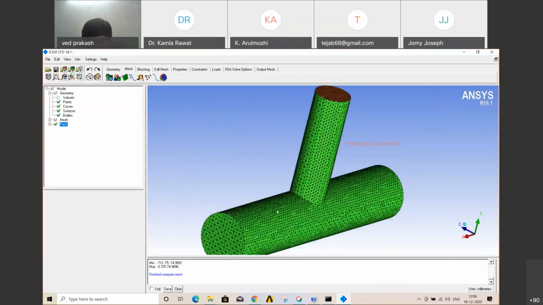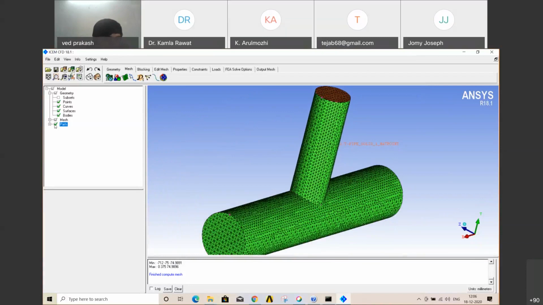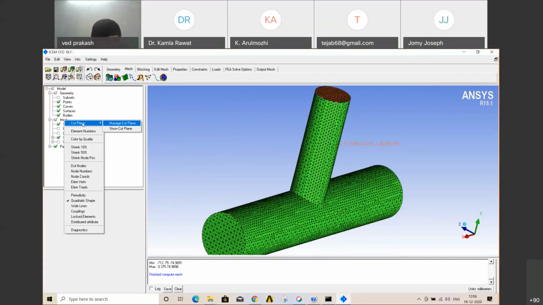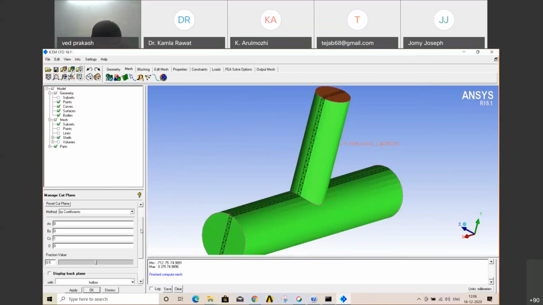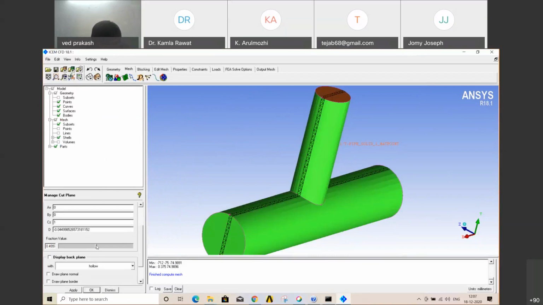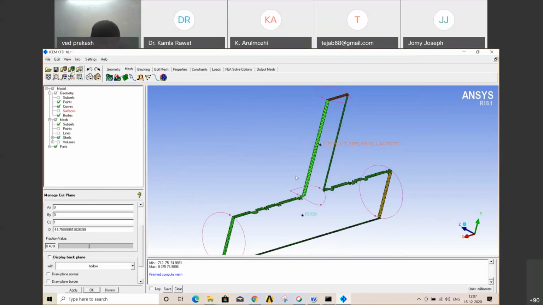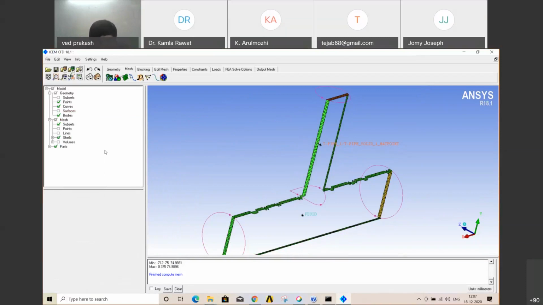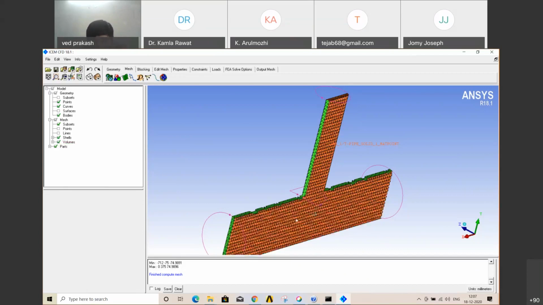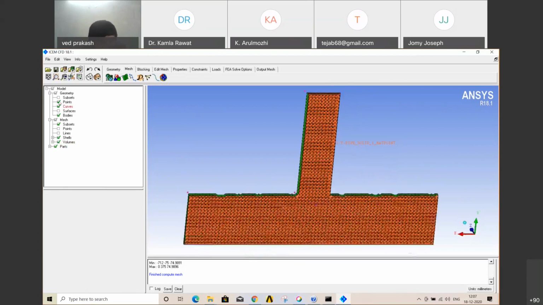First let me increase quality. Go to the mesh section, cut plane: go to mesh, right click, cut plane, manage cut plane. You can change your plane; just close surfaces. This is the plane section, apply. Why am I cutting the plane? Because element sizes are so big, we cannot open the volume, it will hang. That is why I am just cutting a plane. Then click. So this will look like this, close curve and point.